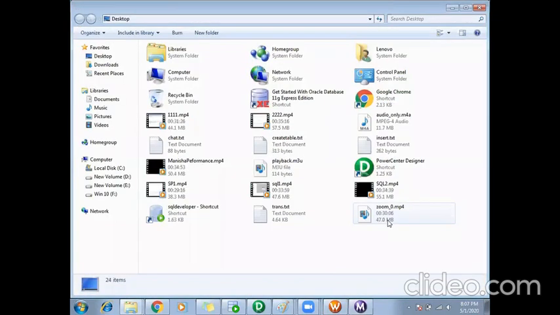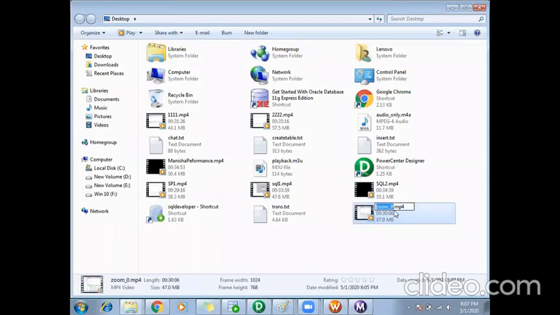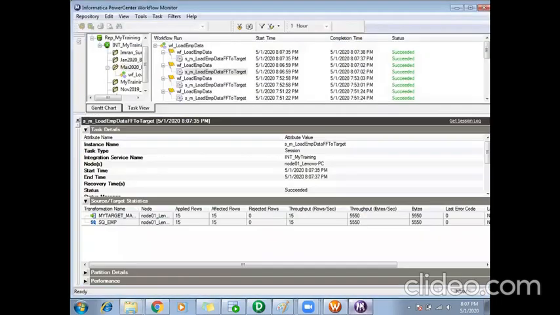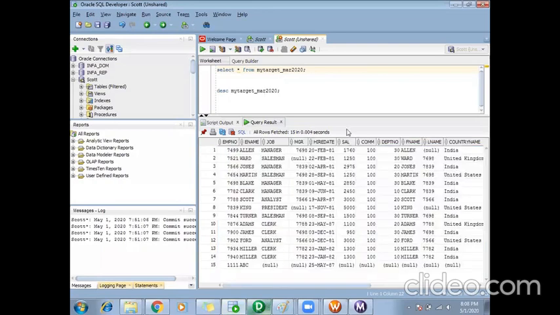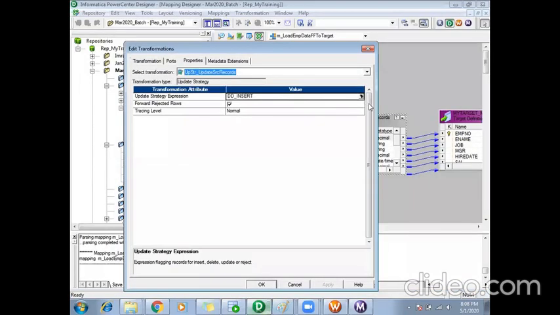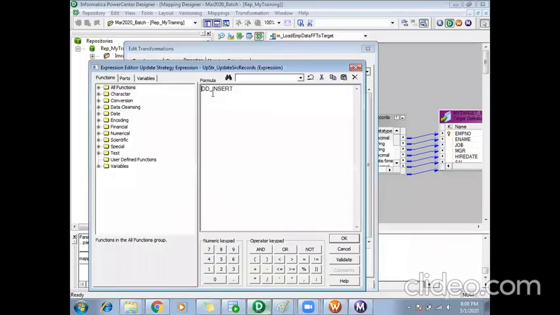One second, guys. Let me rename it. Okay. So now also it inserted with the DD_INSERT keyword. Likewise, if I want to delete the records now, you can use the numeric values, but to make it more readable, better you guys use the keywords, so it will be easy to understand for anyone else also. Now I'll say DD_DELETE,